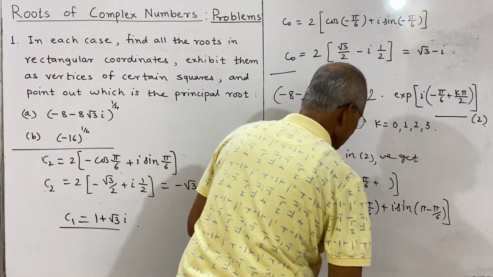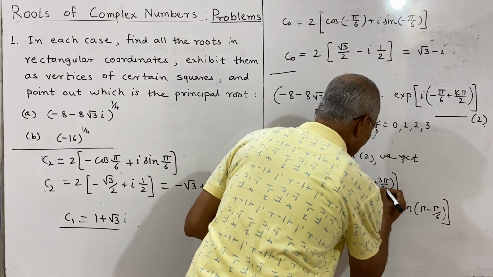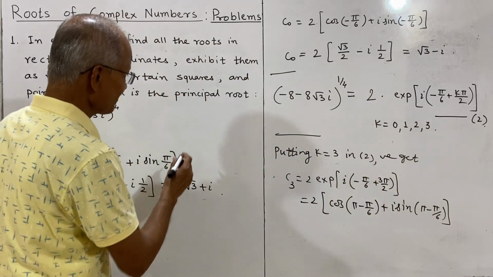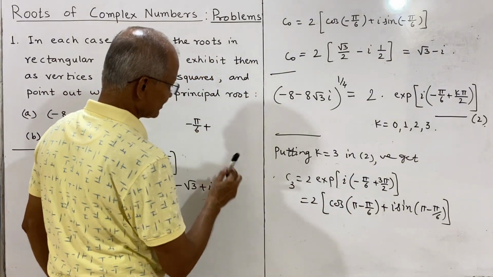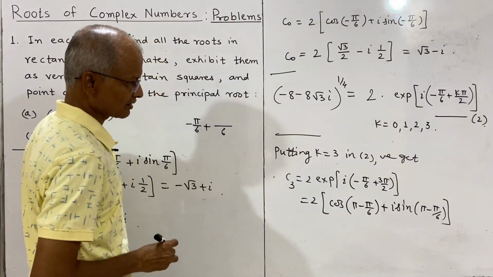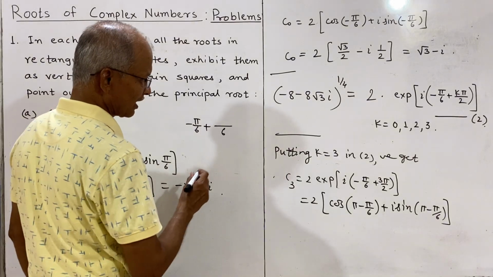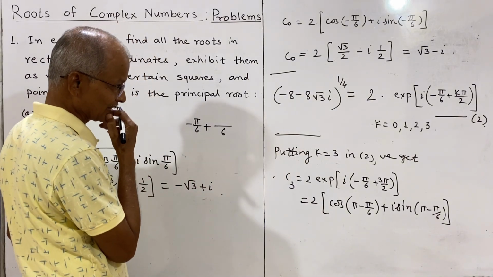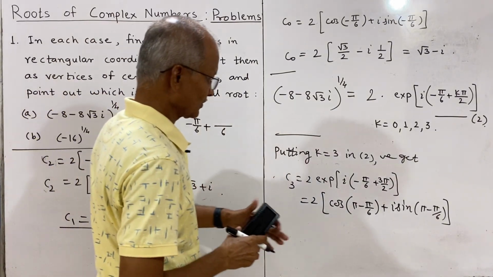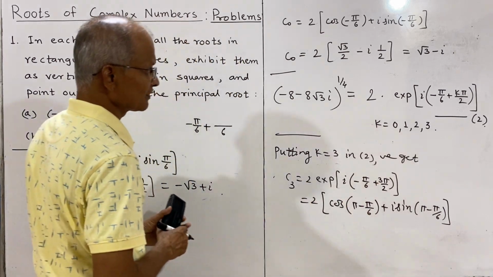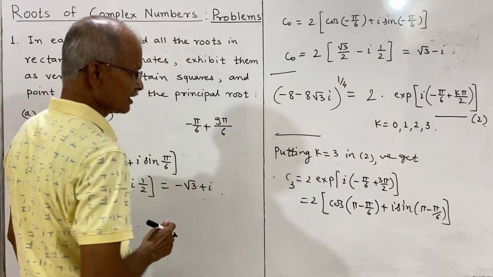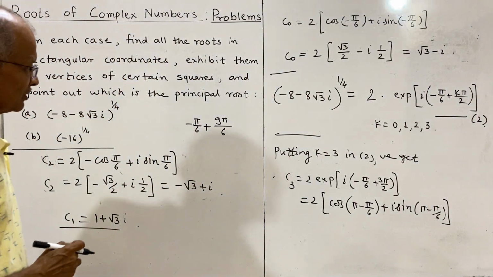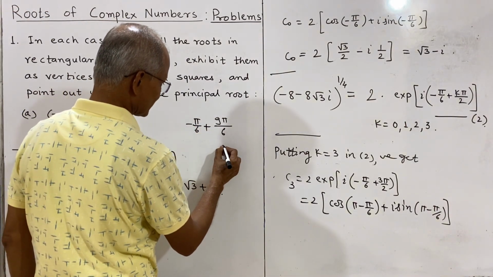And what is minus pi by 6 plus 3 pi by 2? For 3 pi by 2, we take the LCM as 6 in the denominator, and that means we have to multiply by 3. So this is 3 into 3, 9 pi by 6, minus pi by 6, and so it is 8 pi by 6,